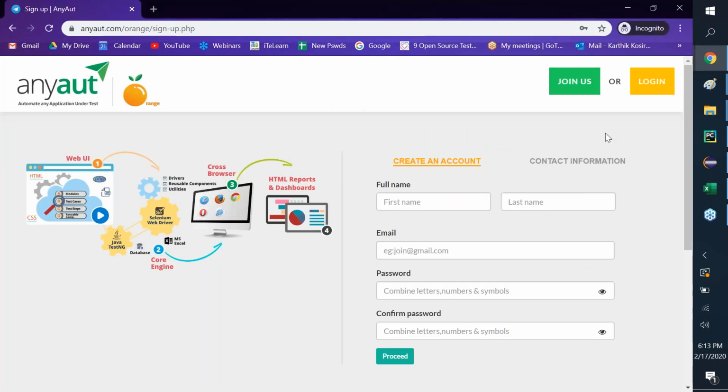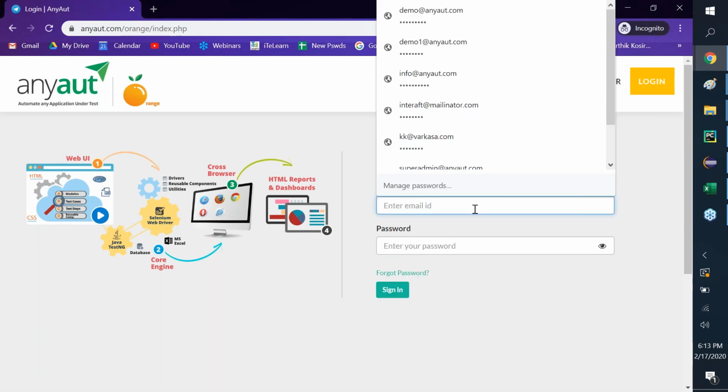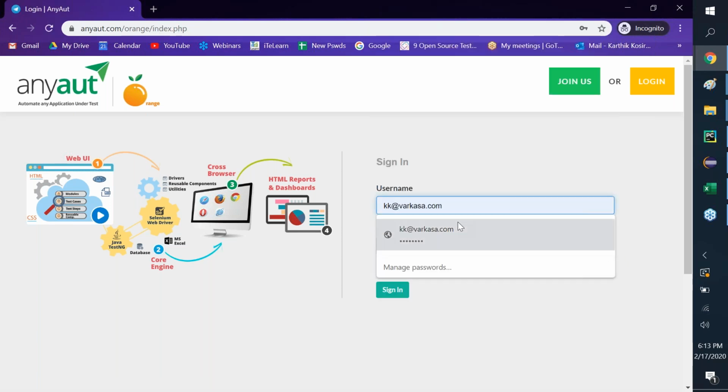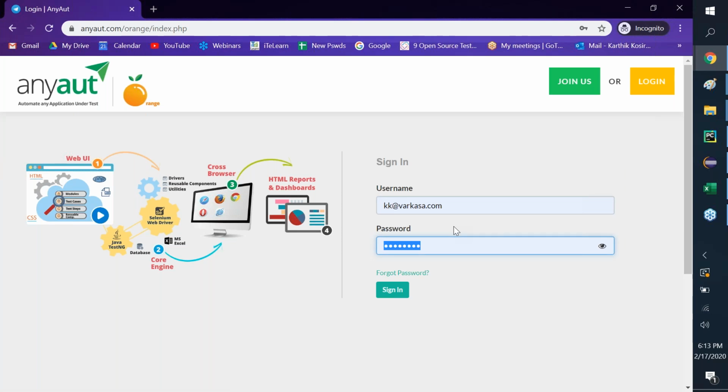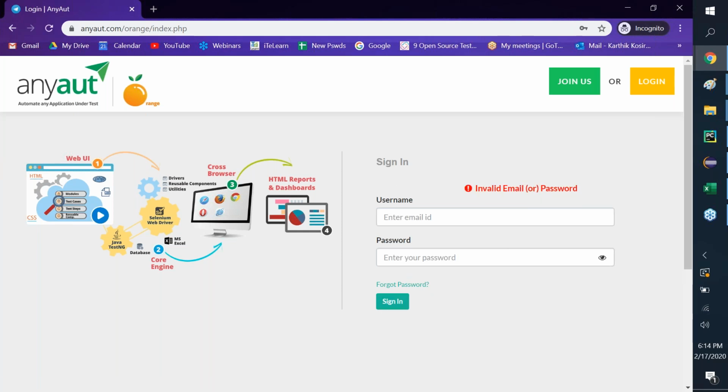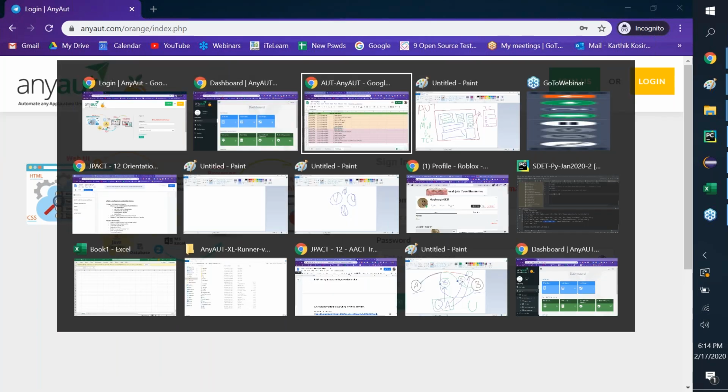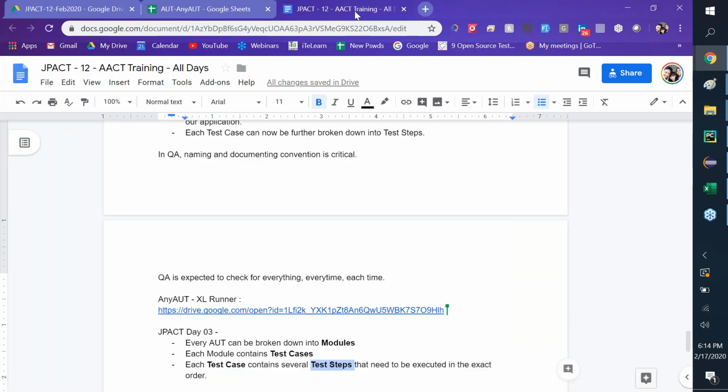If I do the same here with incorrect information, okay, and password, I will do something crazy. So, sign in. This is what it should tell me: invalid email or password. Now, this basically is what is signifying